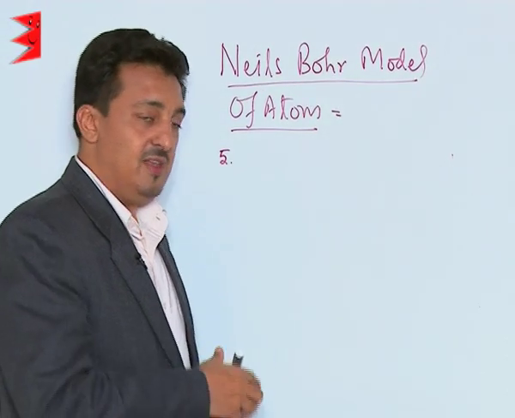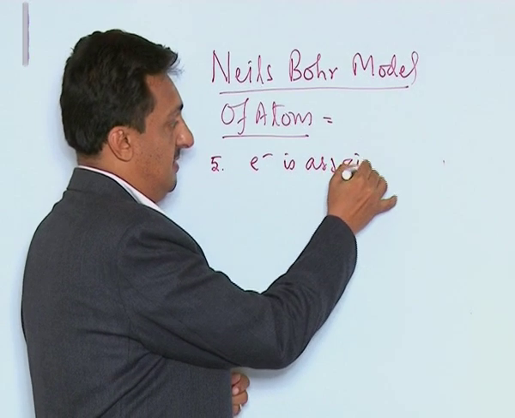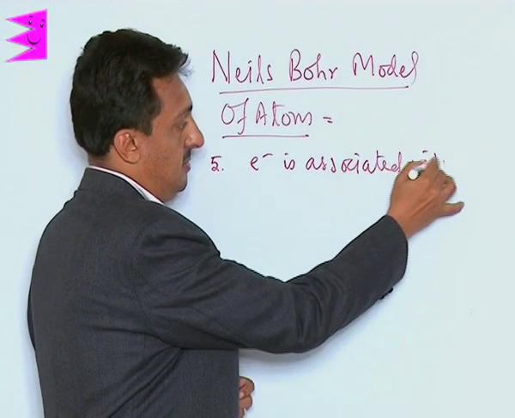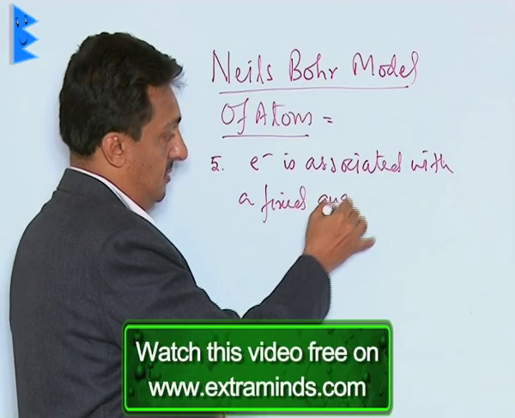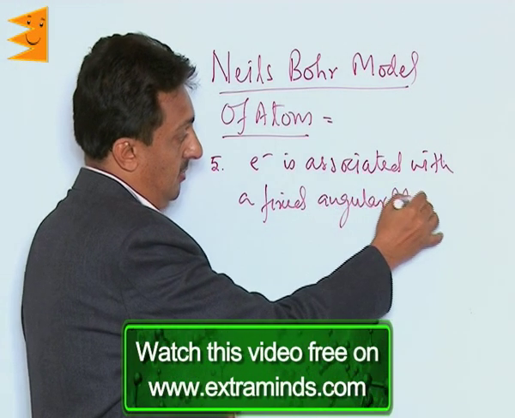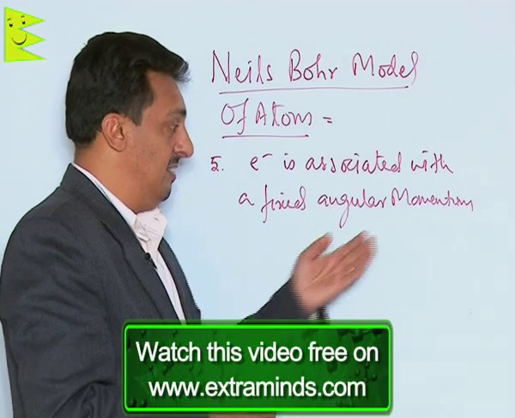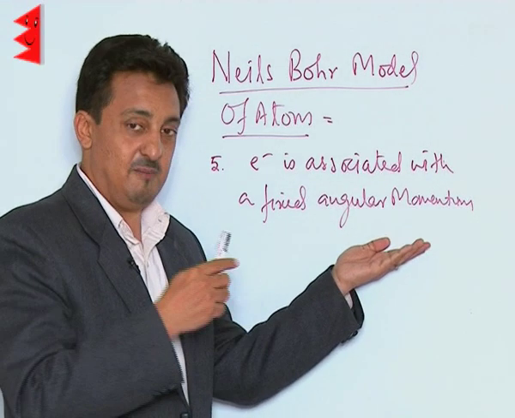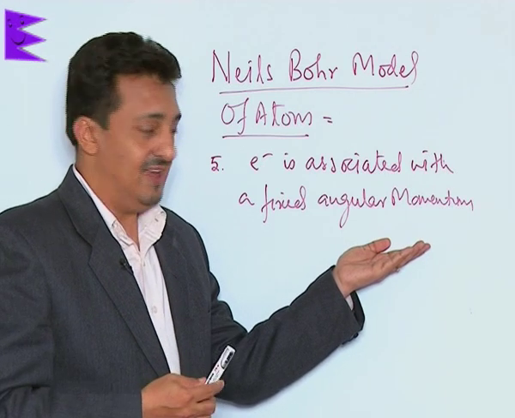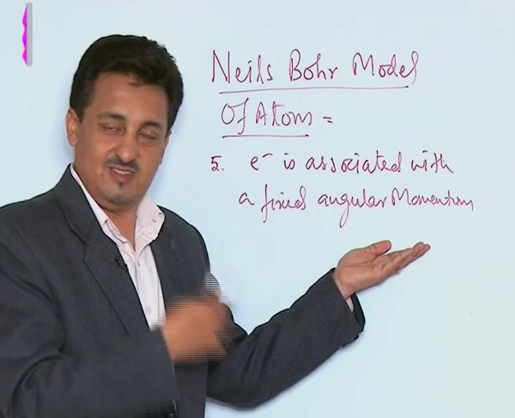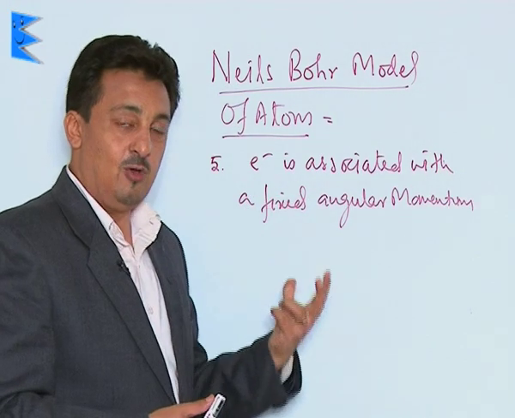So an electron is associated with a fixed angular momentum, which you will learn more about in your physics: whenever a particle is moving in a circular path, it always gets accelerated and it develops angular momentum, since its direction is getting changed every time. Now, the electrons are associated with the fixed angular momentum,